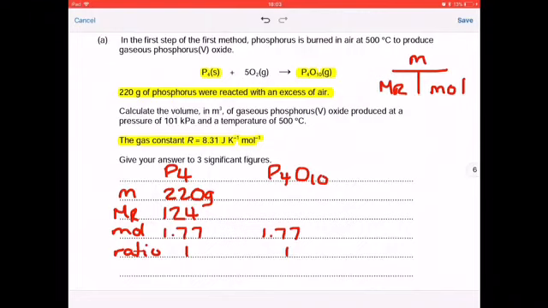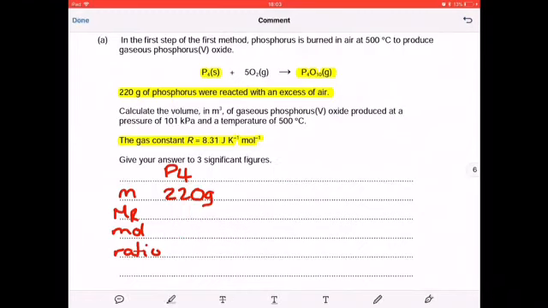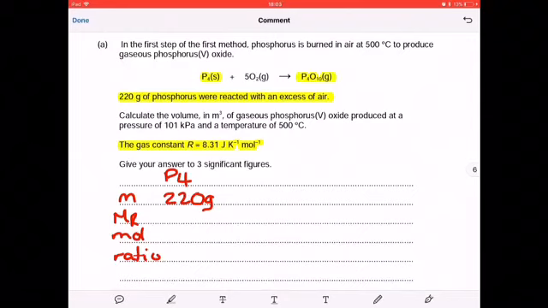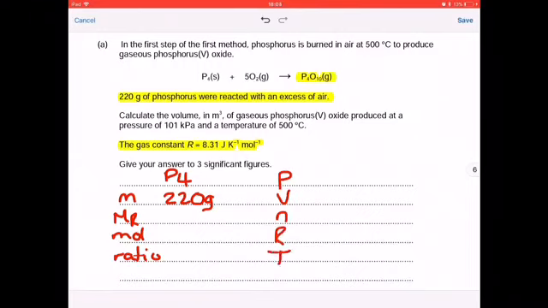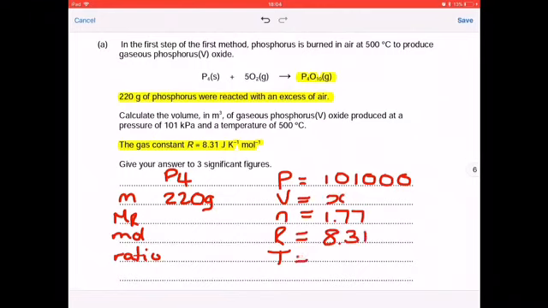We then need to start doing PV equals nRT. Just to quickly drop back, we know that we've got 1.77 moles. And we need to start using P, V, n, R, and T. So we've got 1.77 here. Our pressure is 101 kilopascals. Remember that you do need to be able to convert it. So that becomes 101,000 pascals. Volume is our unknown, X. R is given to you in the question, is 8.31. And the temperature needs to be in Kelvin. Now remember that is adding 273 on. So the temperature becomes